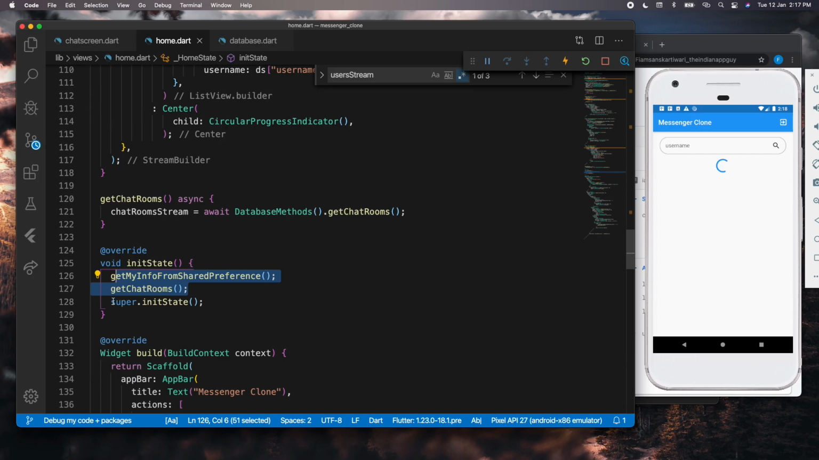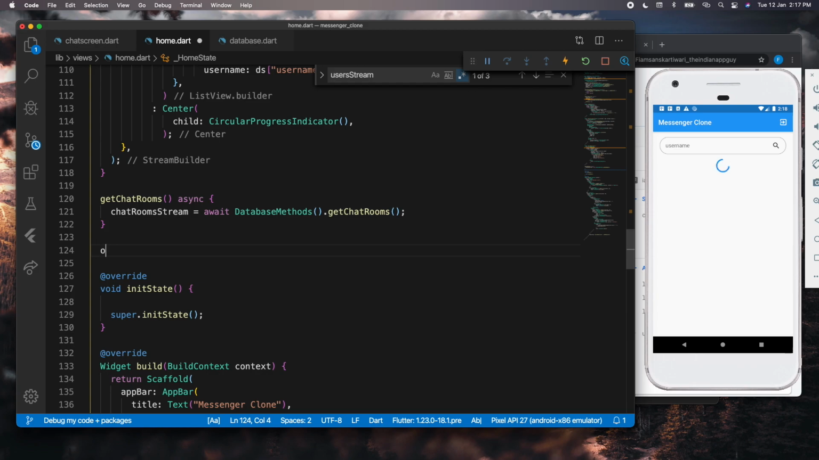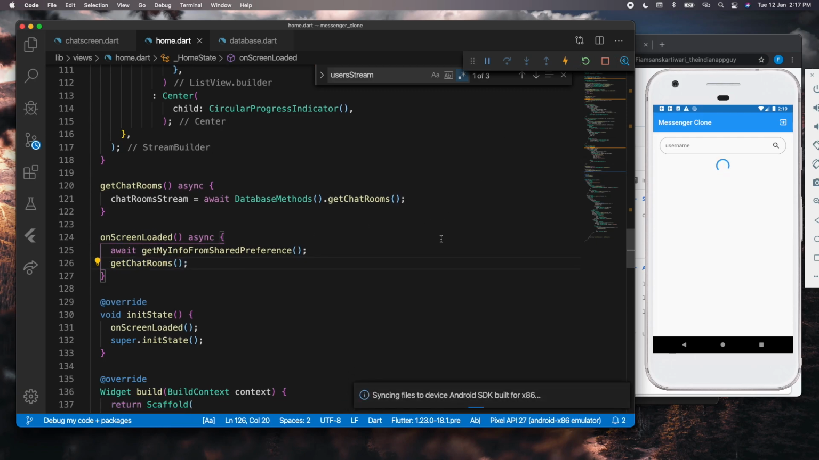I don't want this get chat rooms to be called before this function is completed, because if this function is not completed calling, we don't have my username. If we don't have my username, we cannot get the chat rooms. So I'll say on screen loaded, something like that. It's just a function name, guys, but yeah. So this is what it is going to do, and inside of that I can actually say async, and I can await for this function to be done, then only I will continue with this one. So now if I will reload,